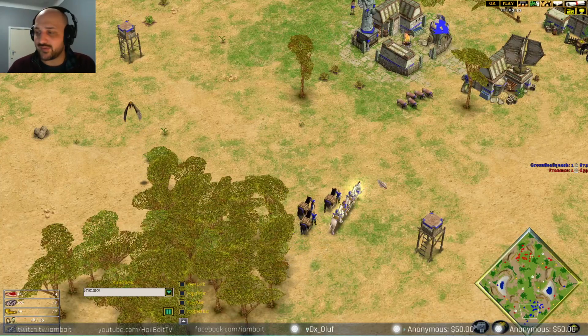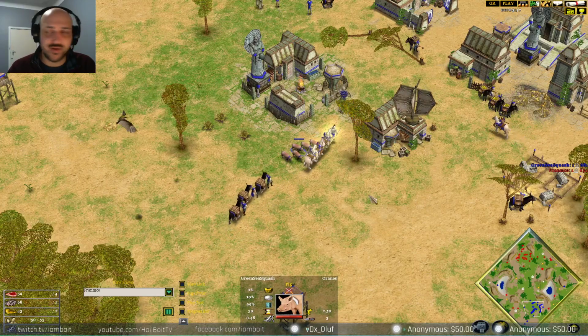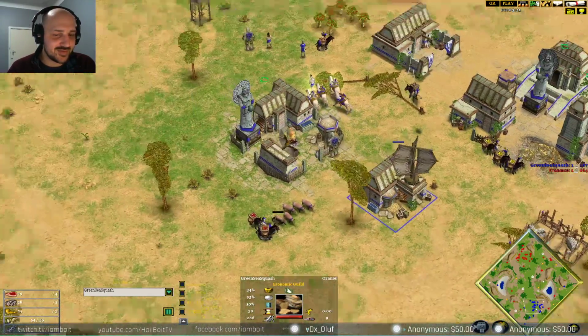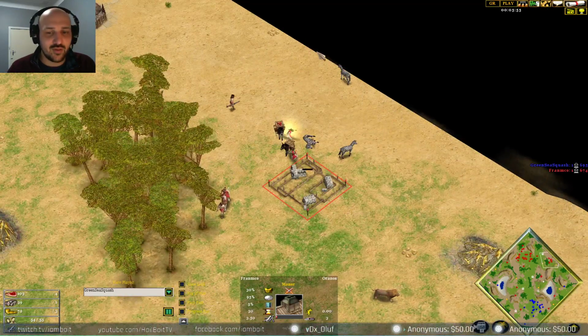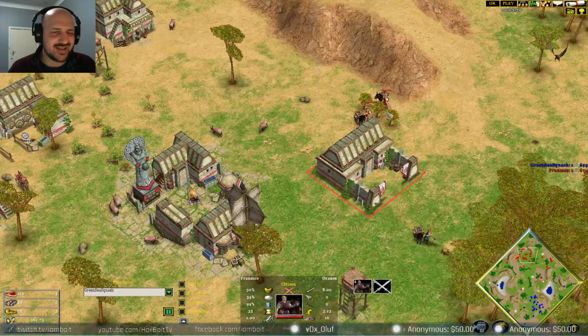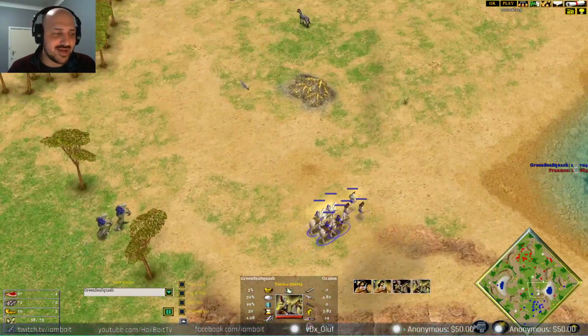And now the citizens are coming back home. We're jumping onto those pigs. I don't think he has husbandry, so this is actually kind of huge for Ayah because he's going to be getting all of the hunt that he wants in terms of extra food. He is eating some berries here, which is a bit peculiar considering he's got the map control, but